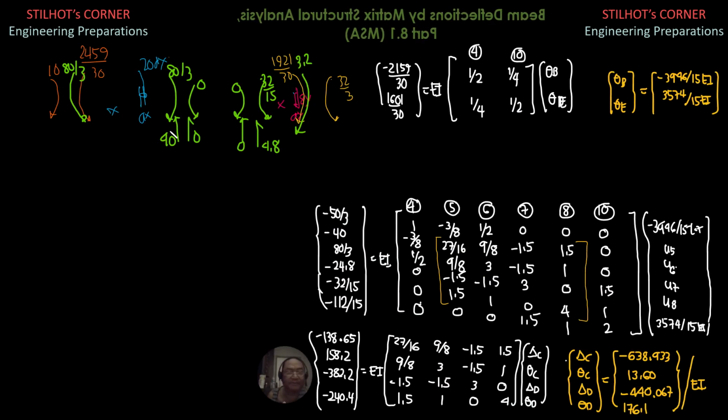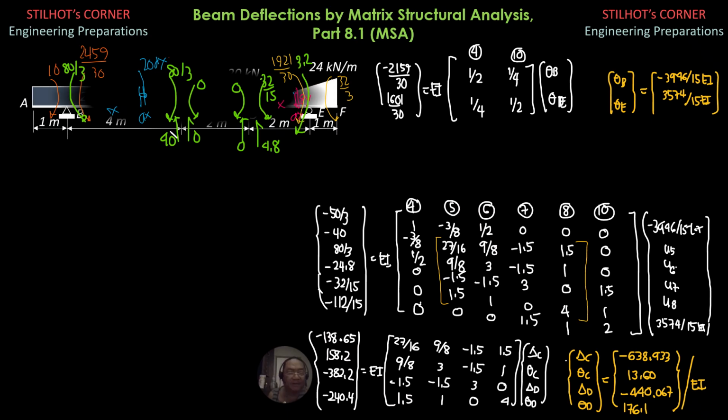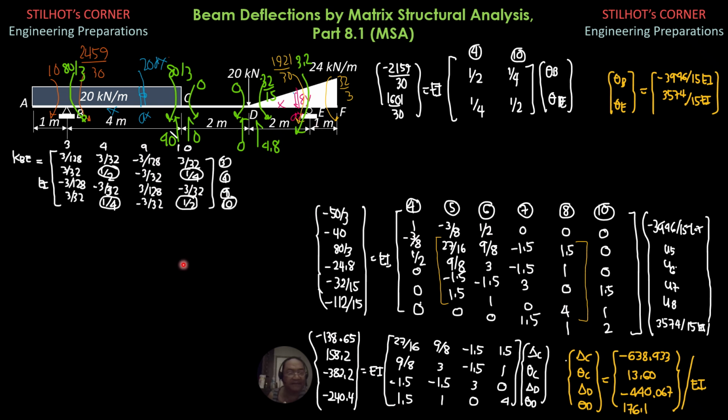So to continue, we want theta B and theta E first. The stiffness matrix of element BE is already in the preceding slide, and let's have it copied back here. So we are interested only in theta B and theta E. So these would be the circled cells important to the calculation of theta B and theta E.